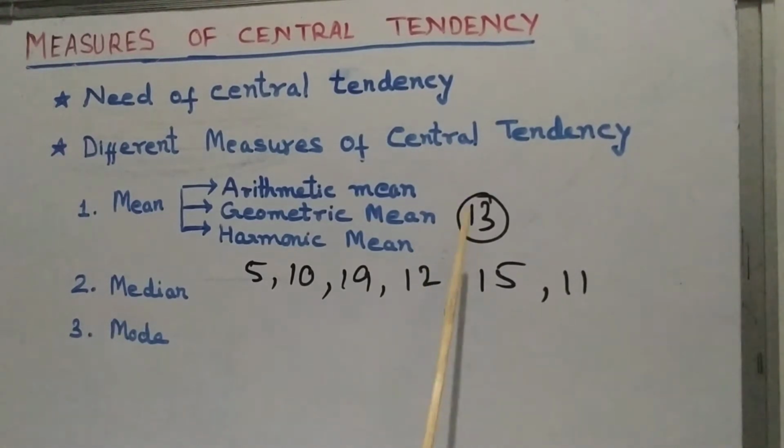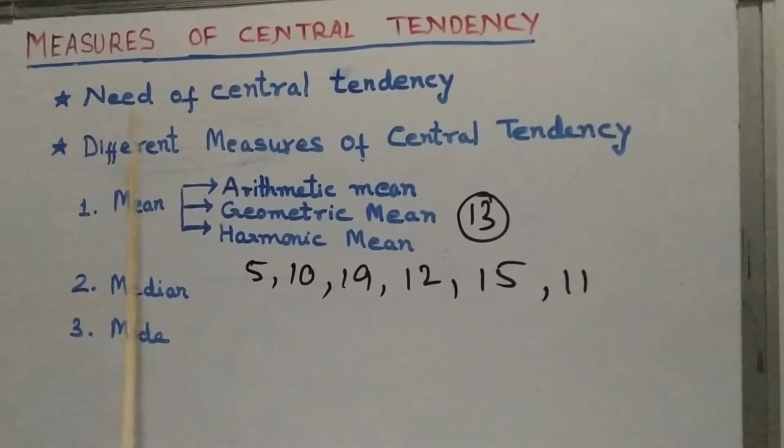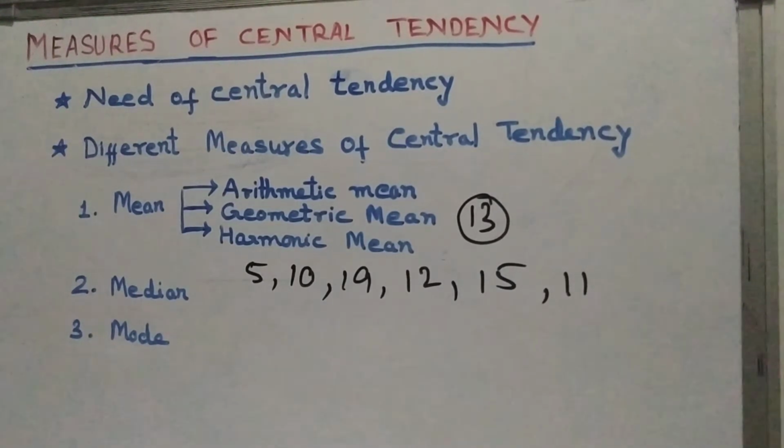So different methods are there to find the central tendency. First we know what is the need of central tendency. We know that one of the important functions of statistics, as we have learned, is to compare different sets of data. So for comparison we want to represent the whole data set in a single value, otherwise it's quite difficult to compare. Therefore we study various characteristics of data, and one characteristic is called central tendency.